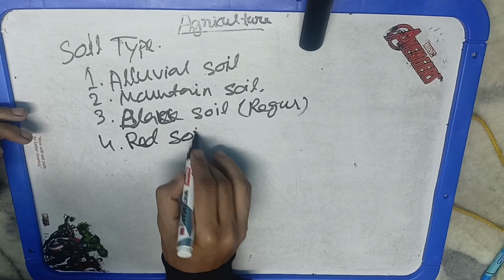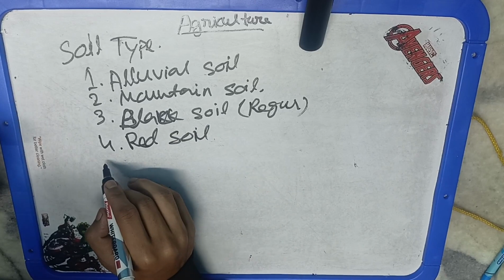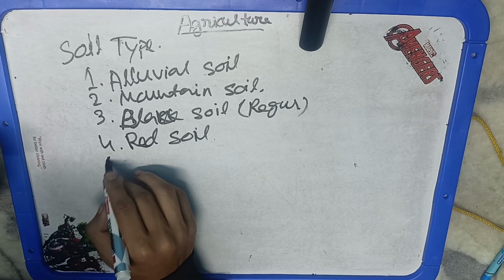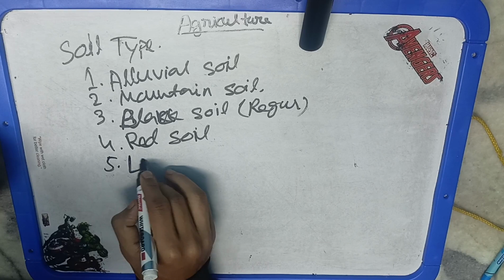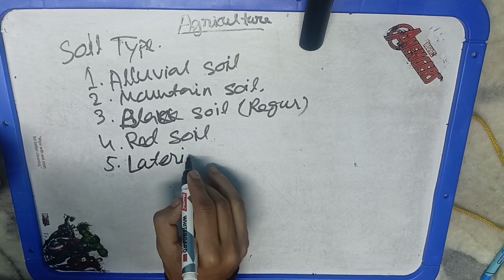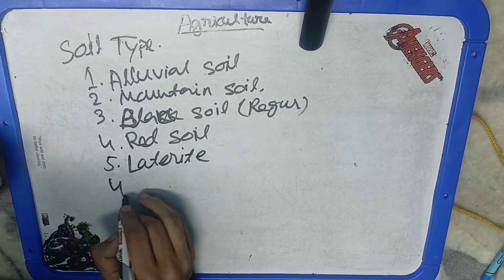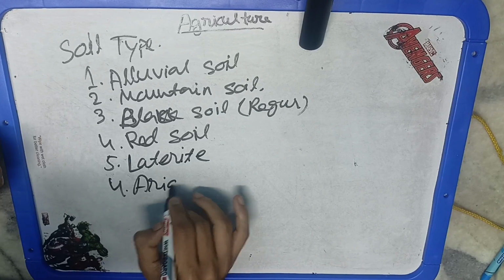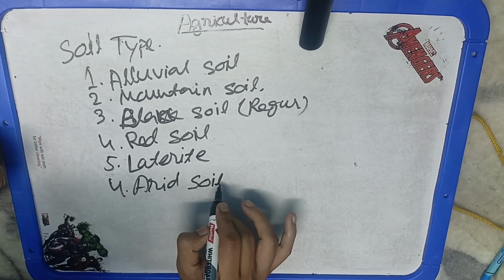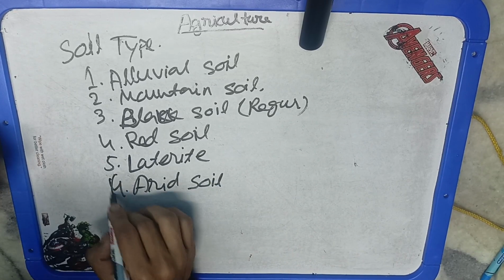Similarly, this part is the red soil, then there is the black cotton soil. These black soils are good for cotton, and that's why they are named black cotton soil. Then the coastal region soil is known as laterite soil, and this is the arid soil part. So this is the classification, and you have to correlate this classification with the agroclimatic zones as well as crop production. So this is all about soil science.